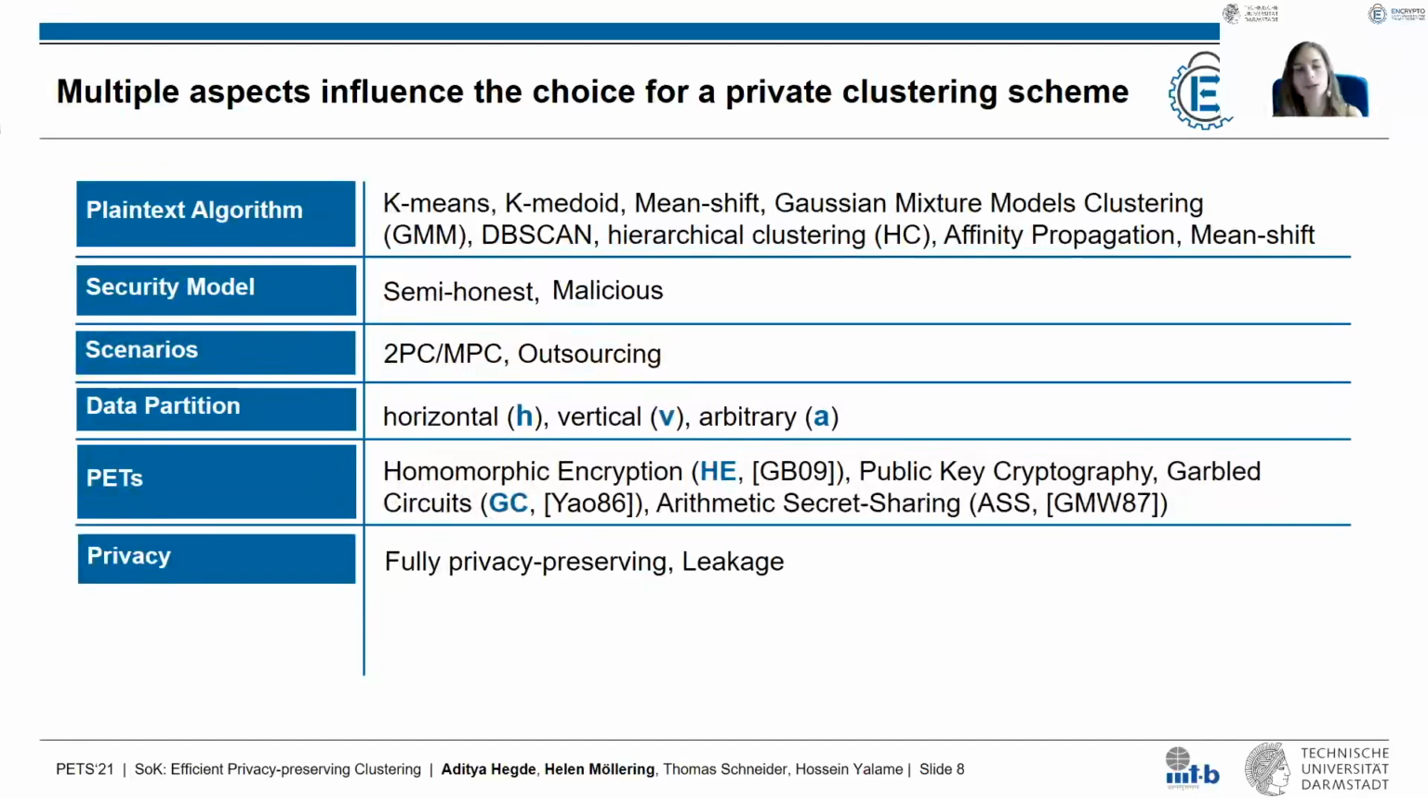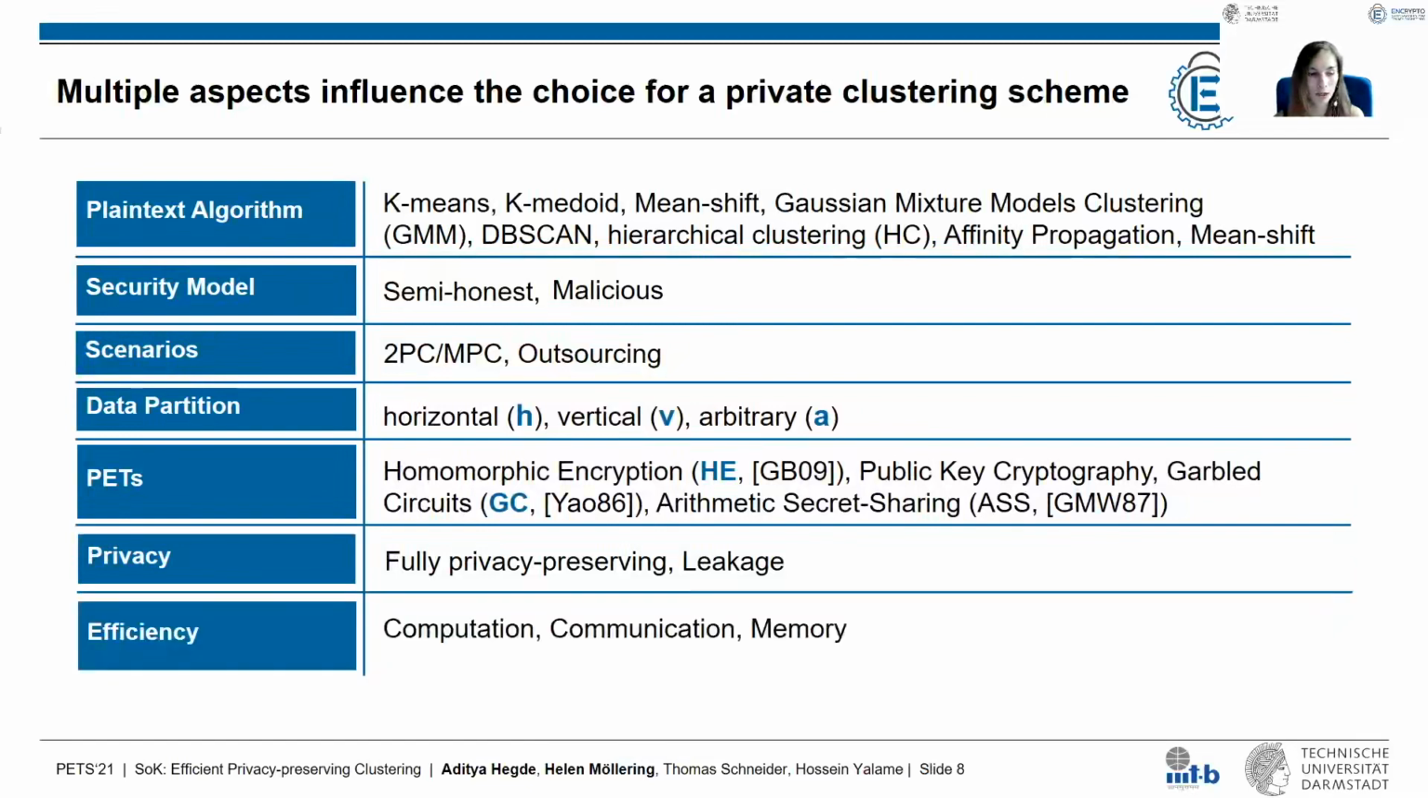Then, as already indicated, only a few works, actually only 10 works, achieve fully privacy preservation. The others leak some kind of information in between, and we also categorize this kind of information that is leaked there. And finally, the efficiency property. We, of course, want to have a computationally, communication efficient and memory efficient protocol. And we also look at these aspects in our work when we